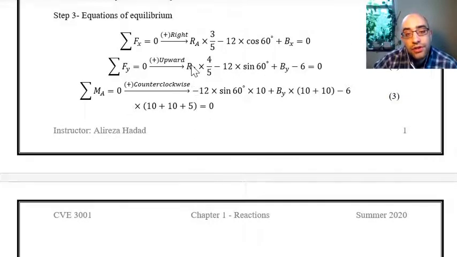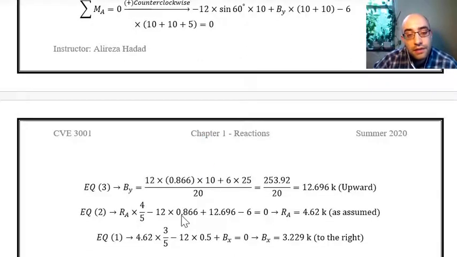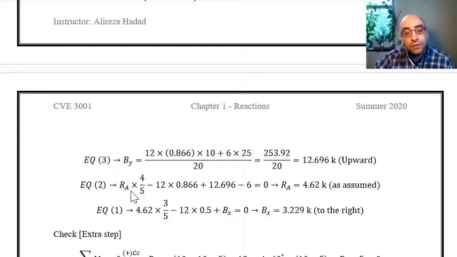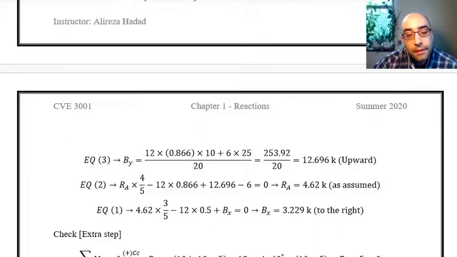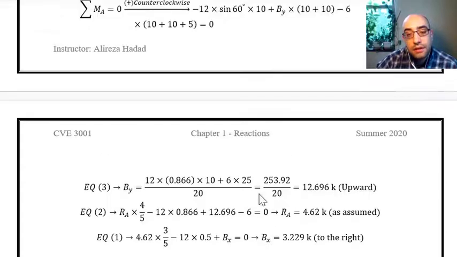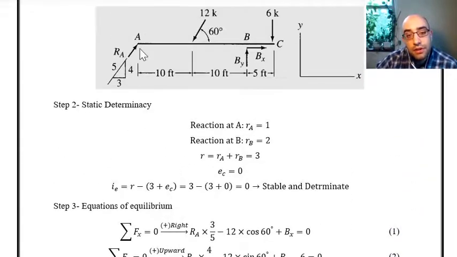Now I can return to equation 2, this equation. Because now I have By, I can simply put the By instead of this parameter over here and find reaction at point A. That is what is happening over here. I return to equation 2 and put the value of By in the equation. As you can see, the value of By is over here. So I put the value of By and then calculated everything. The value of Ra is 4.62 kip,